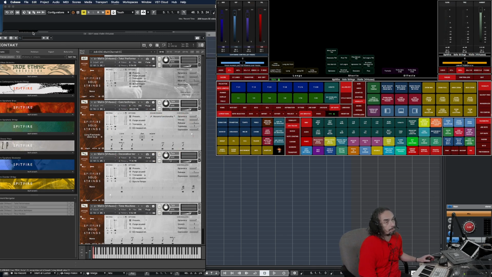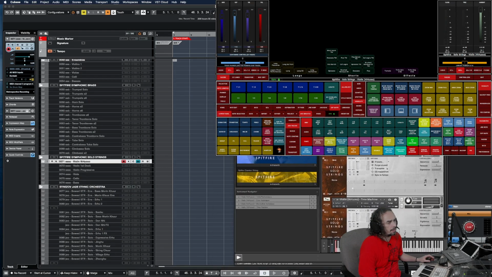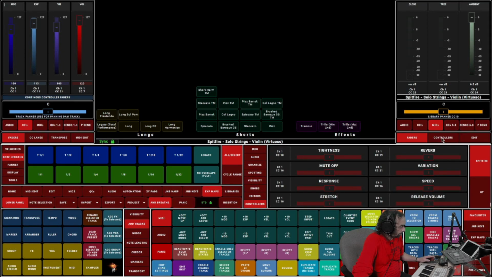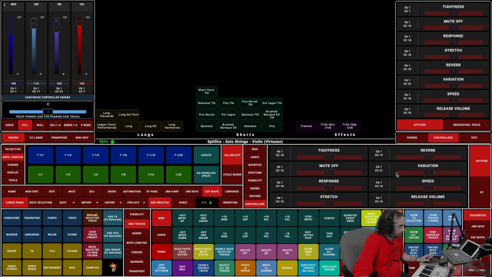But yeah, I have a feeling there's loads of other stuff that I was, oh yeah. The next thing that we're going to actually figure out, because it's great to have your articulation buttons, it's great to have your mic positions. But what about all the other controllers like release and tightness? Now, on the controller, currently we just have controllers, okay? And this is one of the reasons why we had to go the contextual route,